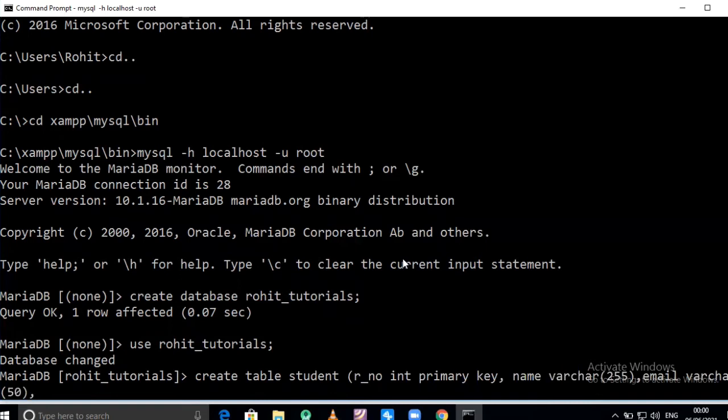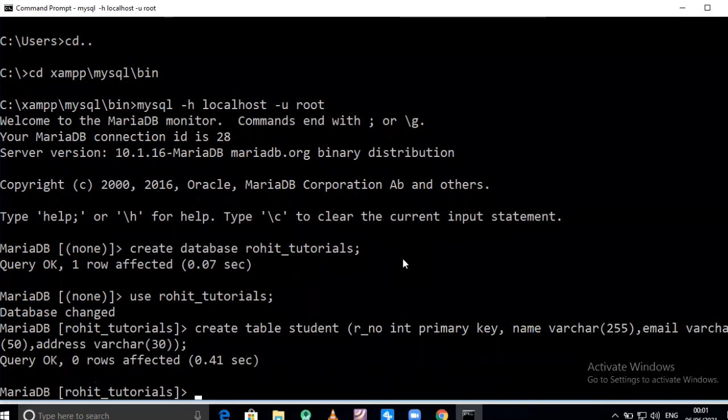Comma. And the last attribute is address. The data type is varchar, size is suppose 30. This will create a schema, that is called a table structure. Enter. Query OK, 0 rows affected. Our table is created.